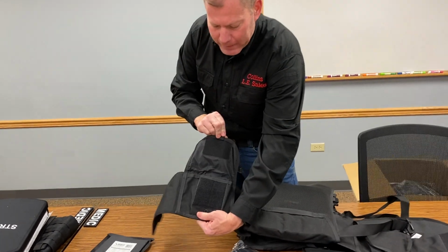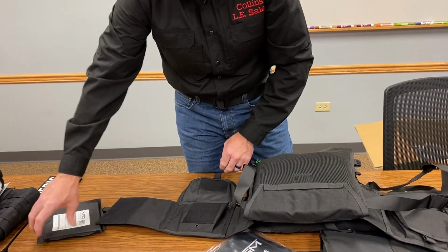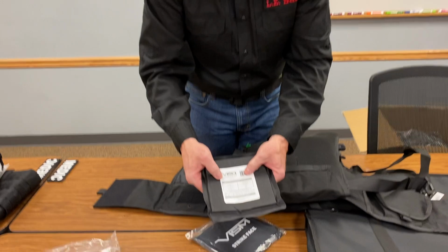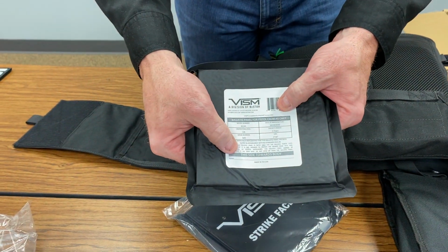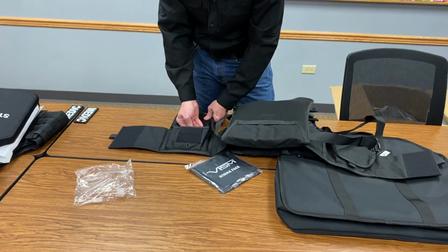You notice there's pockets on the side of what's called the cummerbund area here. You're gonna install those, and you can't go wrong. They make it dummy proof for you. It says this side towards the body. So you insert it there,